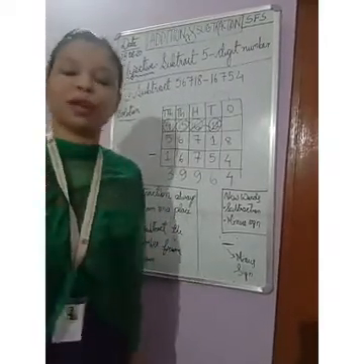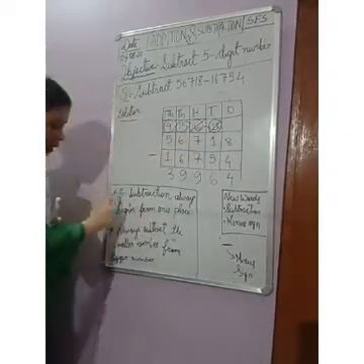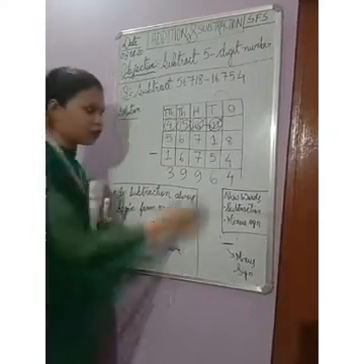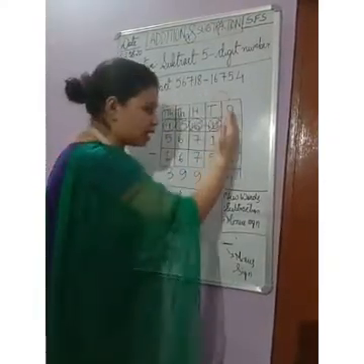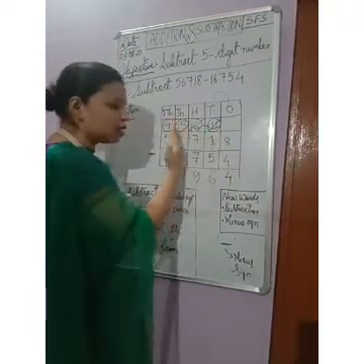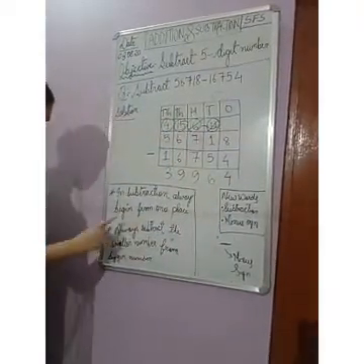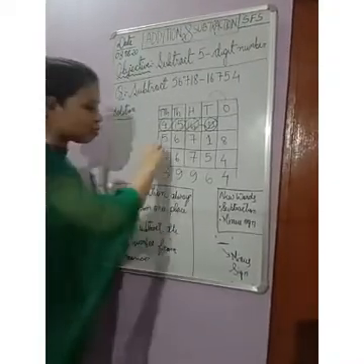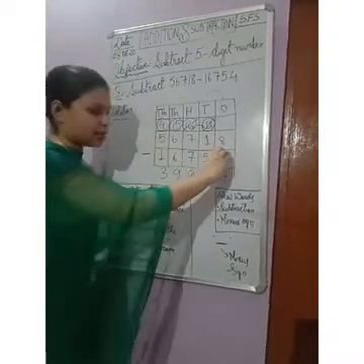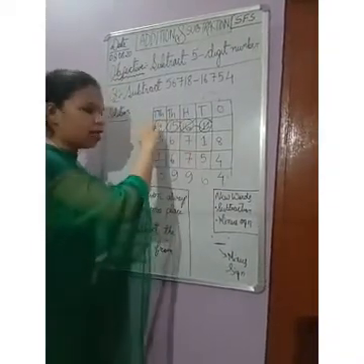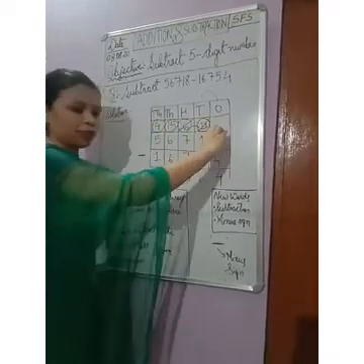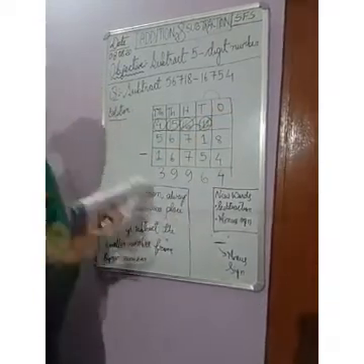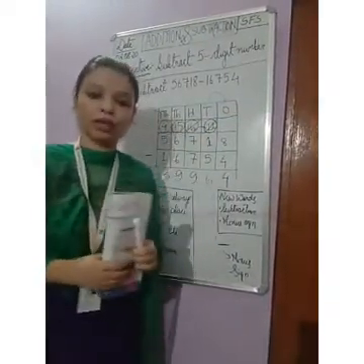The 2 points to be remembered while doing subtraction are, in subtraction, always begin from the ones place. Same as in addition. So we always have to begin at the ones place and then go from one column to another step by step. The next is, always subtract the smaller number from the bigger number. So the smaller number should always be placed at the lower part and the bigger number should be put here. Alright? And always keep a row to show the carryover or the borrowing of the numbers.